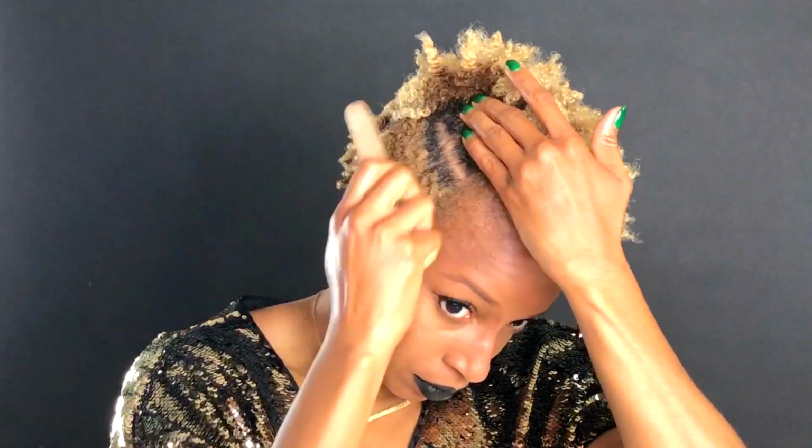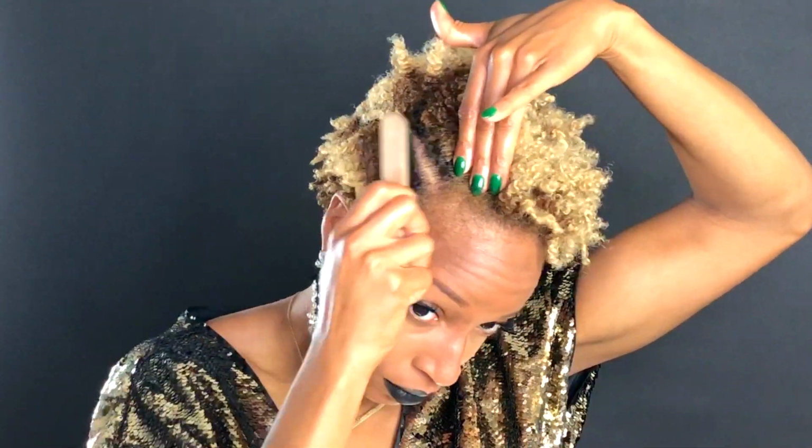Like I said, I'm not too concerned with frizz when separating, because I do actually like a little bit of frizz. I like that undone look. I don't like to look too put together, if that makes sense. Once I get them all separated, I'm just gonna go ahead and fluff, try to get this style going. Again, I'm kind of in a weird growing phase and I need a haircut, so one